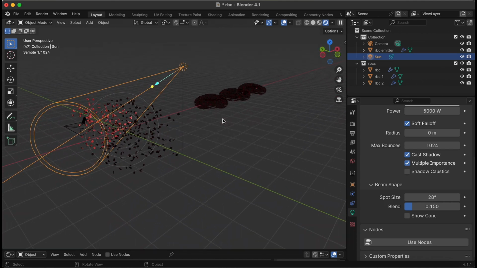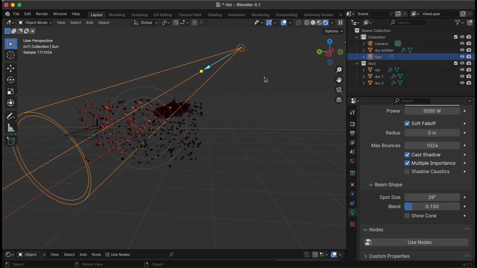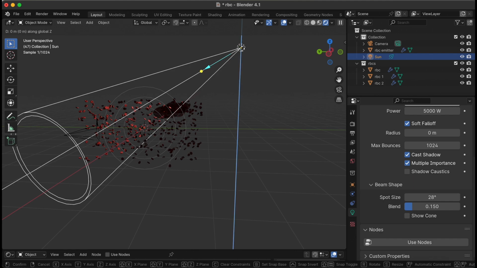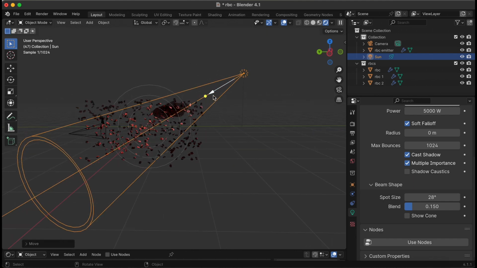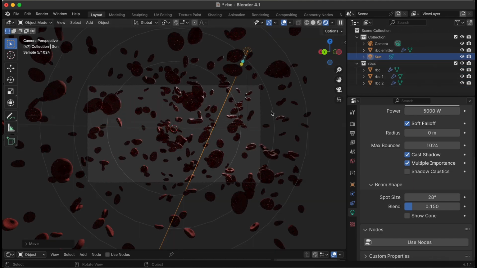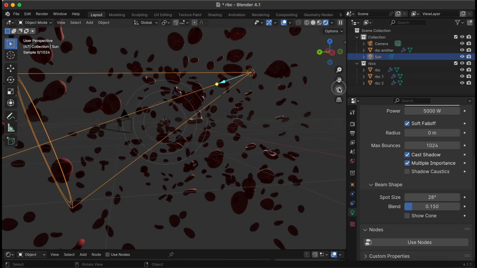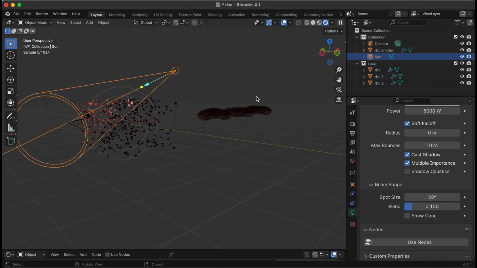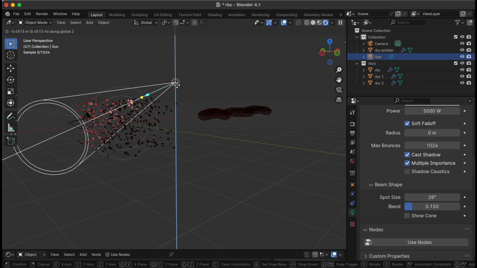It doesn't really matter at this point. So somewhere up to here should be fine. And still adjusting.